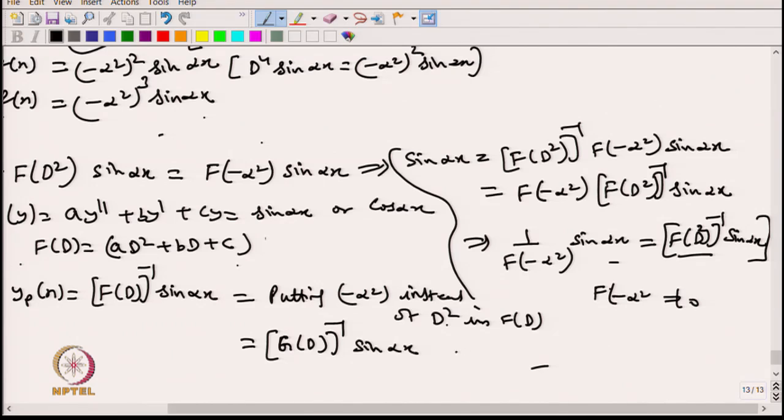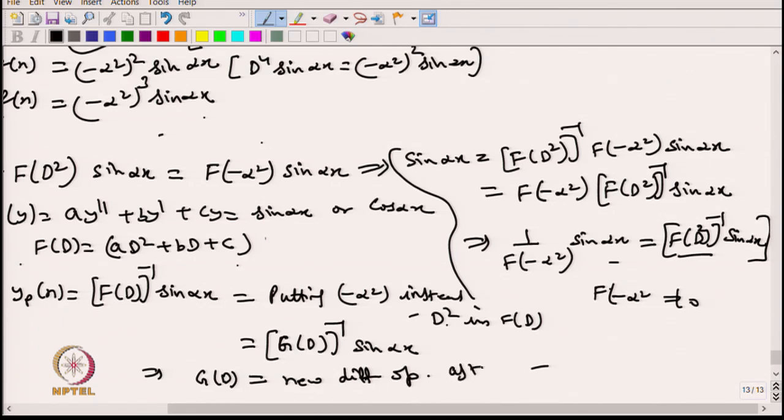So, g(D) I can define here as a new operator, a new differential operator,